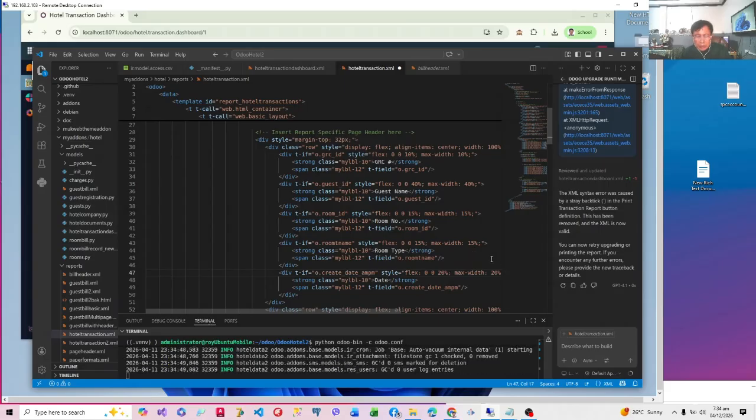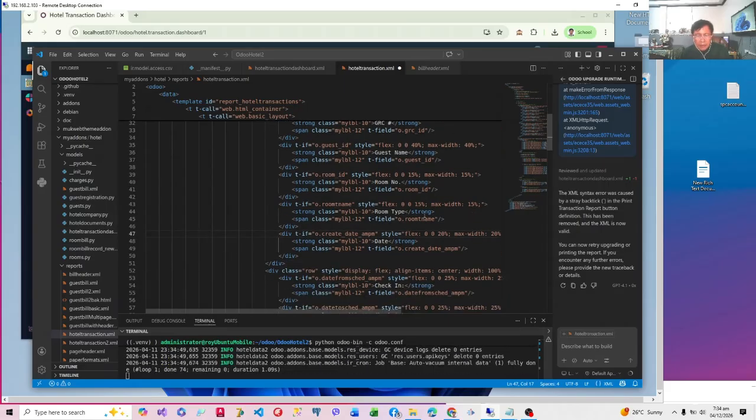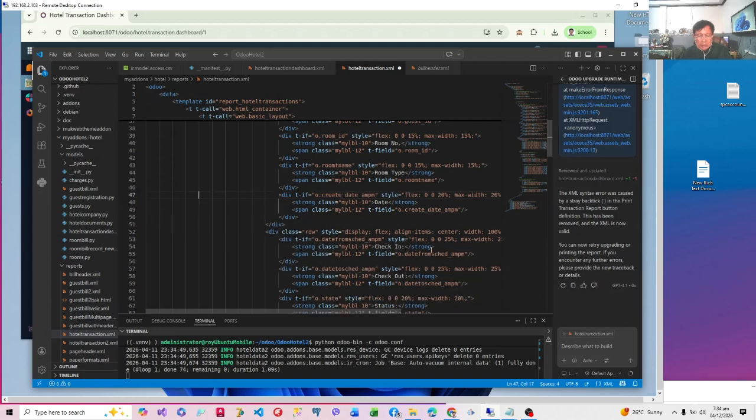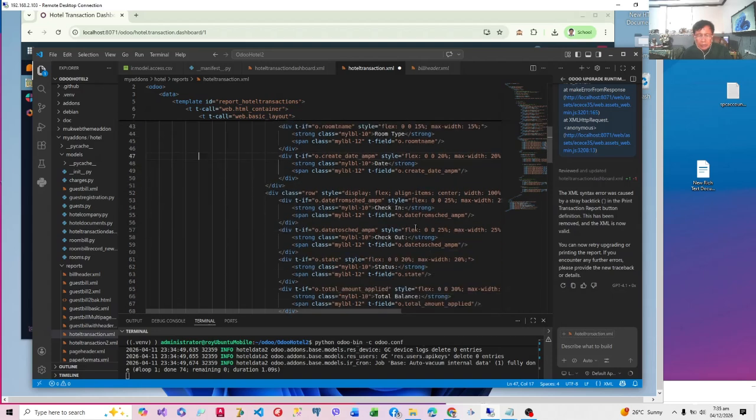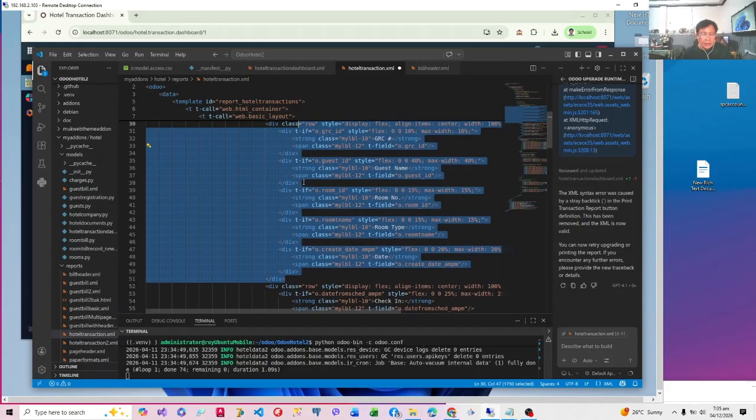We are only going to start at date from, and date to. Okay, this is create date. We are going date to sched. So therefore, we are going to start from here, which is date from. So we'll delete this.